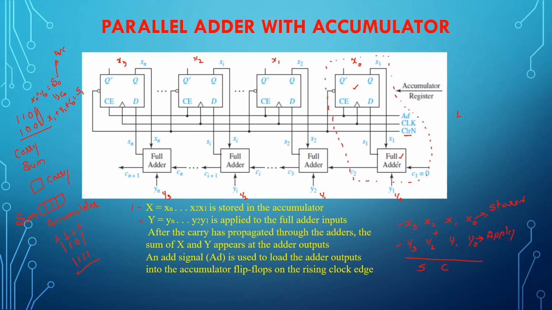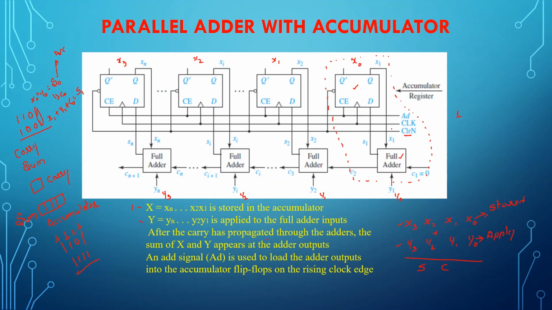If it is a 4-bit serial addition, it will take 4 clock cycles. If the same numbers are applied to the parallel adder, the addition will take place in 1 clock cycle, because every number has its own adder and its own accumulator. Whereas in the case of the serial adder, every number has to wait for the previous number to finish its addition, and wait for the numbers to get accumulated.